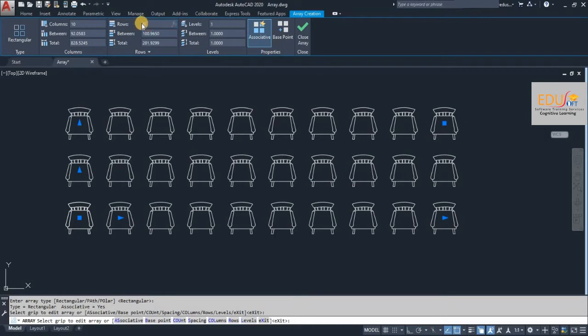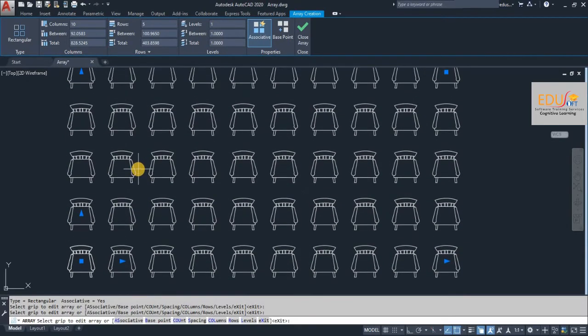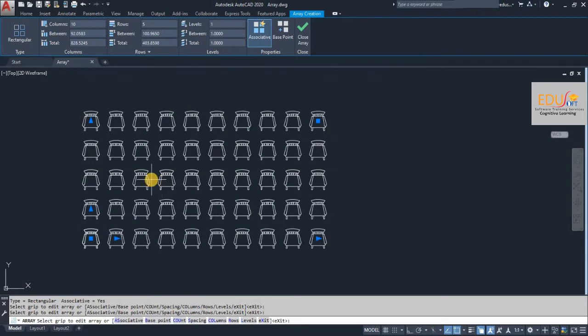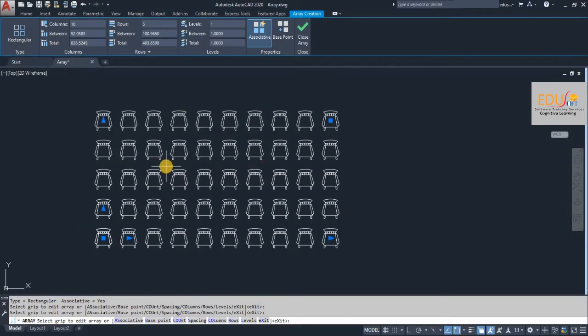If you give the rows as 5, the rows will increase towards the up direction, because we have set our units in anti-clockwise direction. So all the objects created in the array will be in anti-clockwise direction. That's the reason the objects are created in the top rows.